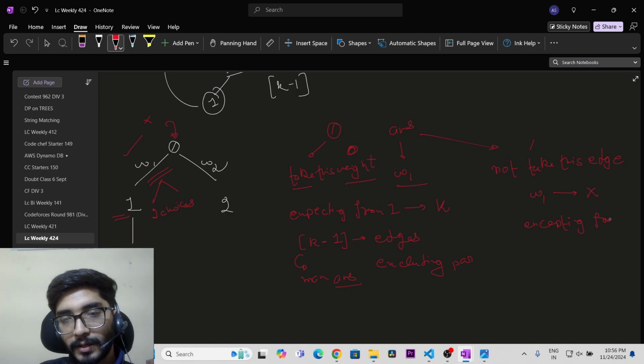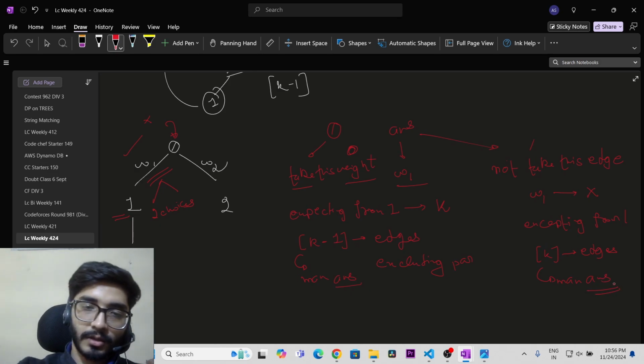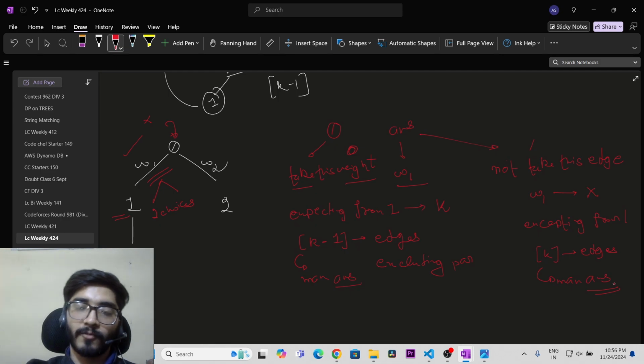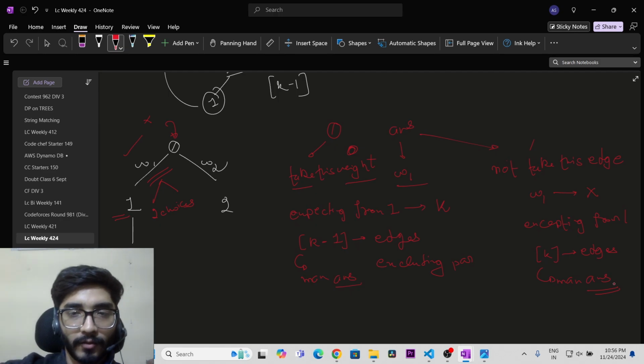Expecting from one that, k edges आपने देखने हैं and उसका मुझे max answer ले आओ, and I'm gonna use it. So this was the main idea behind solving this problem कि यार हम for any node और उसके सब चाइल्ड